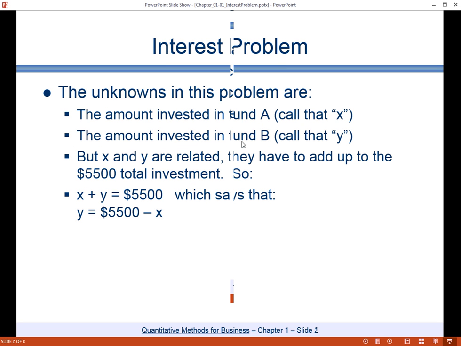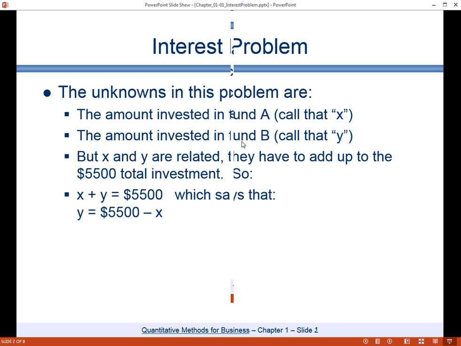So when you're working a problem like this, the first thing you have to ask yourself is, what are the unknowns? What are the things we are trying to find out? We're trying to find out how much money was invested in Fund A, and how much money was invested in Fund B. We'll call that X for Fund A and Y for Fund B. Sometimes in the book they switch and talk about X1 and X2 instead of X and Y. It doesn't really matter which ones you use. You could call them R and S, or square and circle, or anything. It's just symbols that we're using to represent a dollar amount that's in Fund A and a dollar amount that's